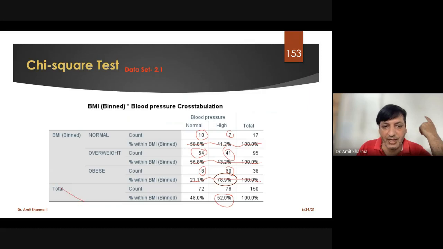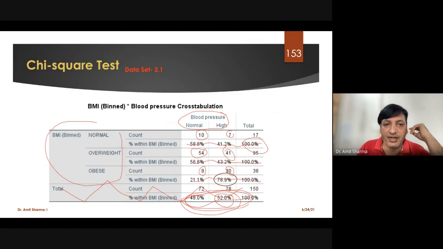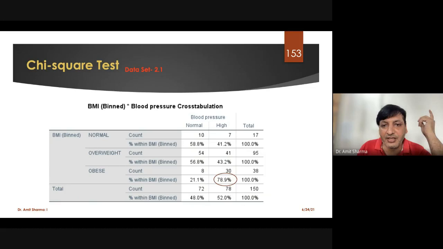So students used to write the total maximum proportion by seeing this 100% or the lower value which is given for total. So what you have to do is look at how many categories there are under independent and how many under dependent. For example, this is our dependent variable, this is our independent variable, and we have three categories here and two categories here. So 3 into 2, 6. So we should look for only six values: this one, this one, this second, third, fourth, fifth, and sixth.